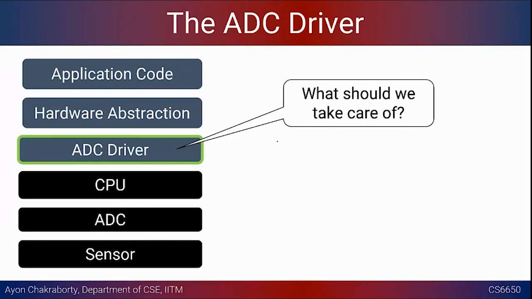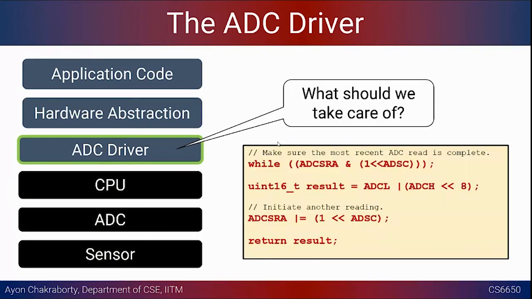So before going into designing the driver, what are the things we should take care of? We had this demo of reading the values. We did not care much about what was happening, and as long as it worked, we were fine. But if you want to design something more professionally, at very high speed, you don't want to waste your system's resources. What are the goals that you should have in mind if you are trying to design this kind of driver? And I'm going to give you this example code.